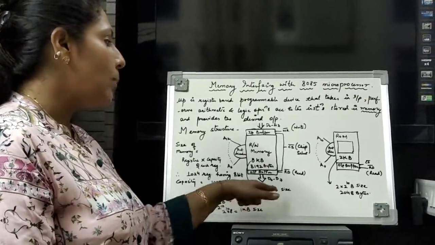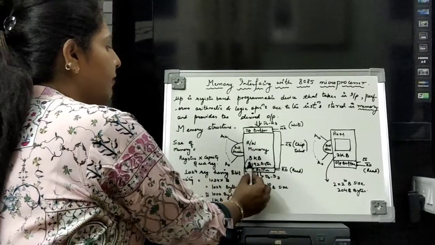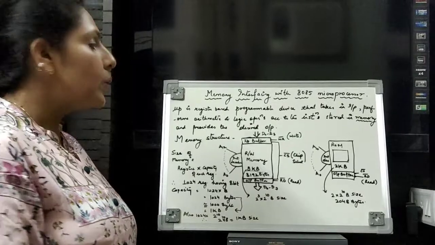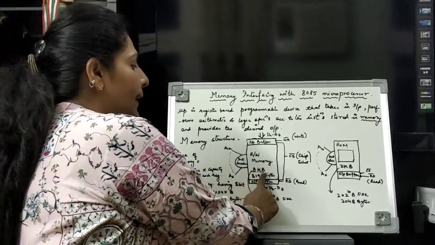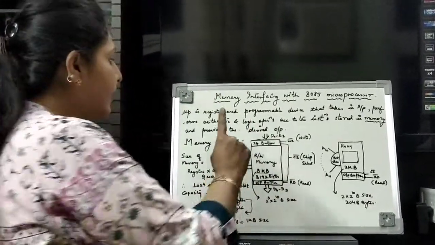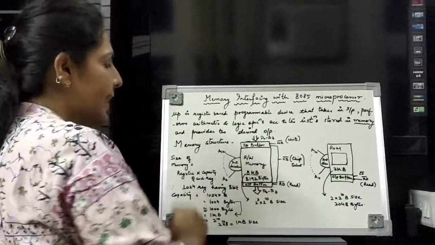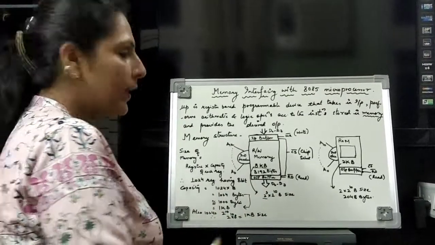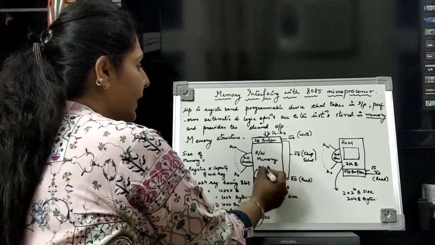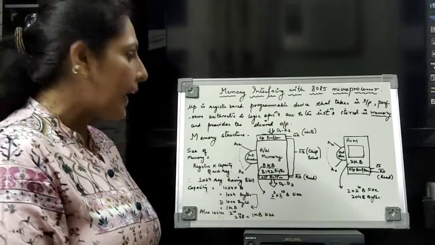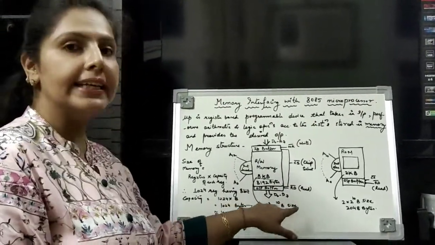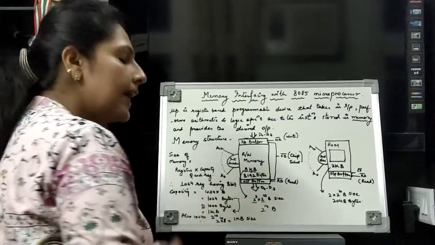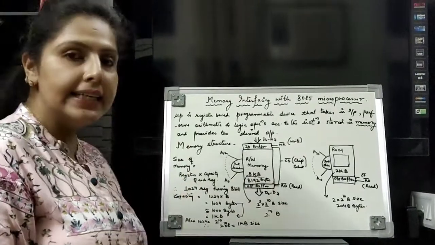Now here I have deliberately written 8 kilobyte size. So this 8 KB means 8192 bytes. Now 8192 is designated as 8 KB, where 8 is 2 raised to power 3 and K is 2 raised to power 10. So the size is basically 2 raised to power 13 bytes. 2 raised to power 13 byte size. Now here 2 raised to power 13 is there.